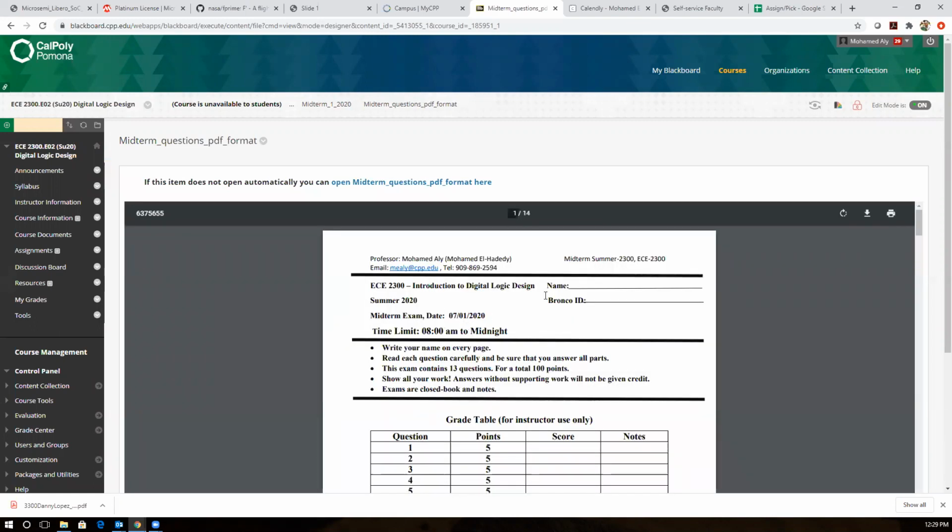So normally, in my exams, at the beginning you put your name and the Bronco ID, right? And then you go ahead, I tell you how much time. For instance, for this one, I said from 8 o'clock in the morning till midnight of that day. So you have one entire day, almost one day, working on solving this problem. You know what I mean? Then please